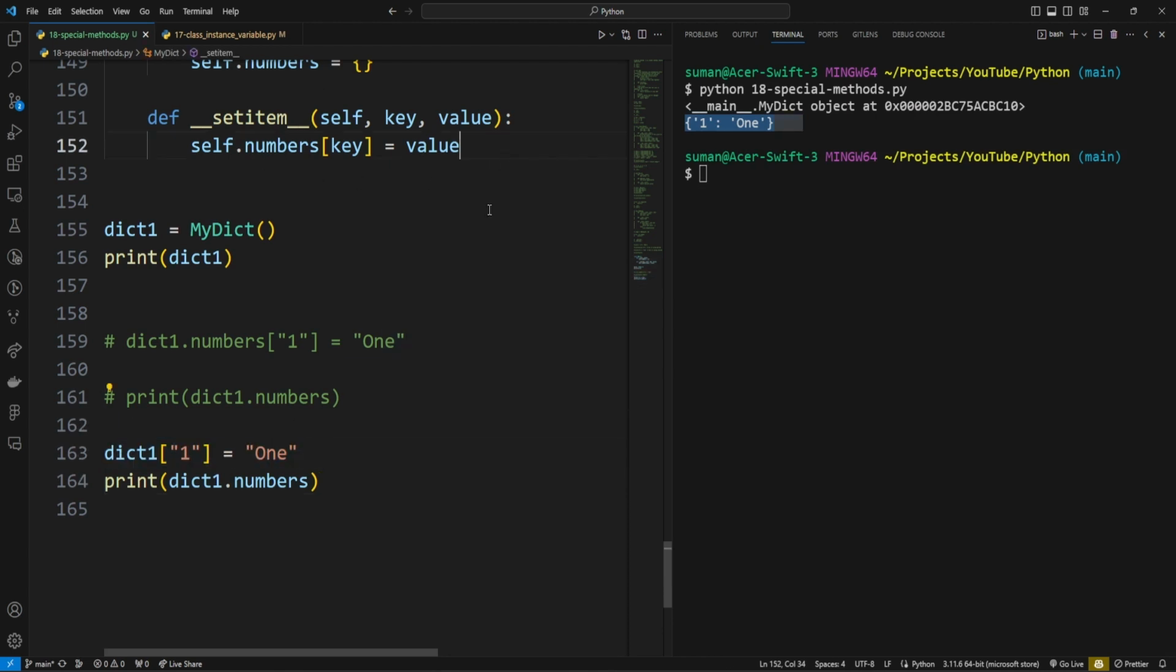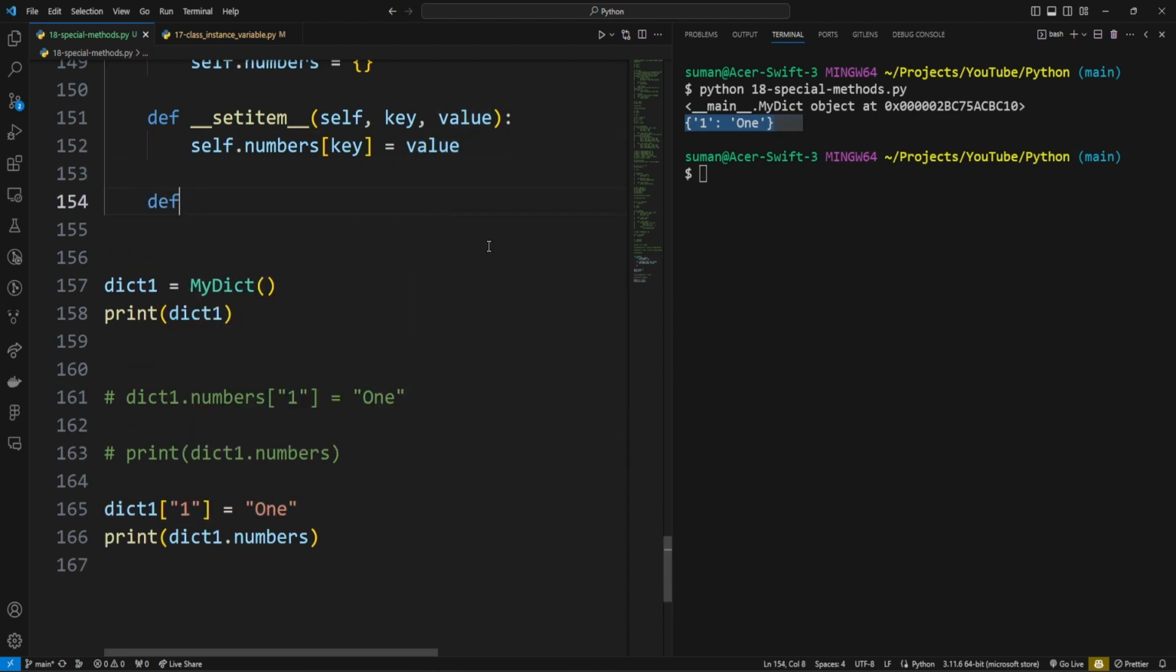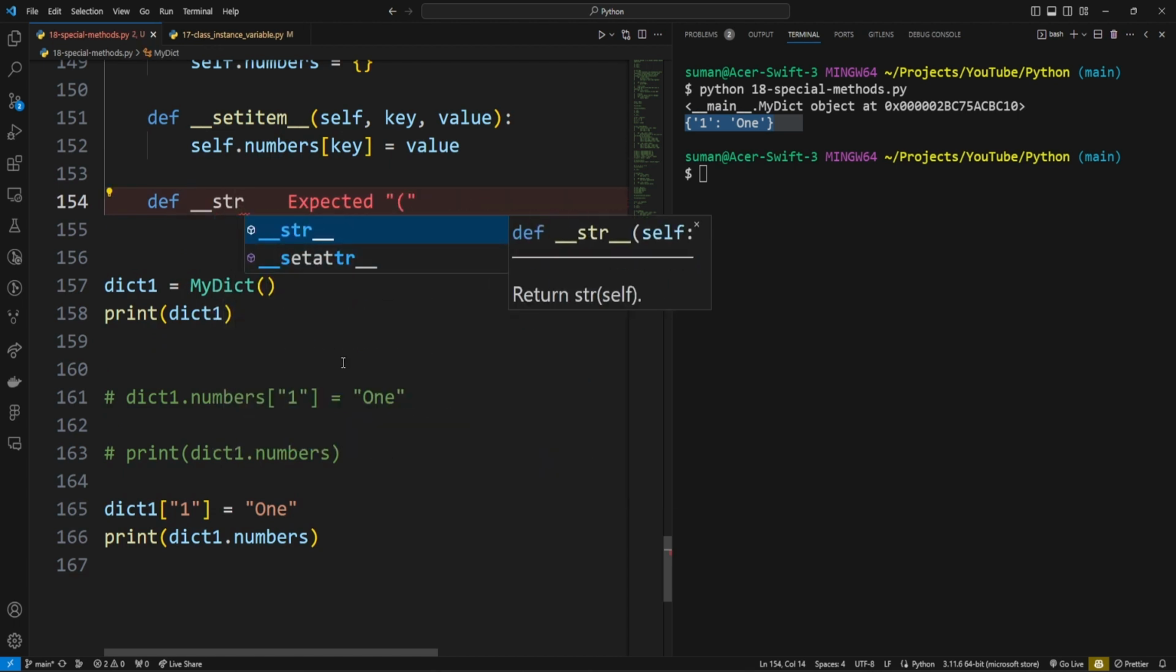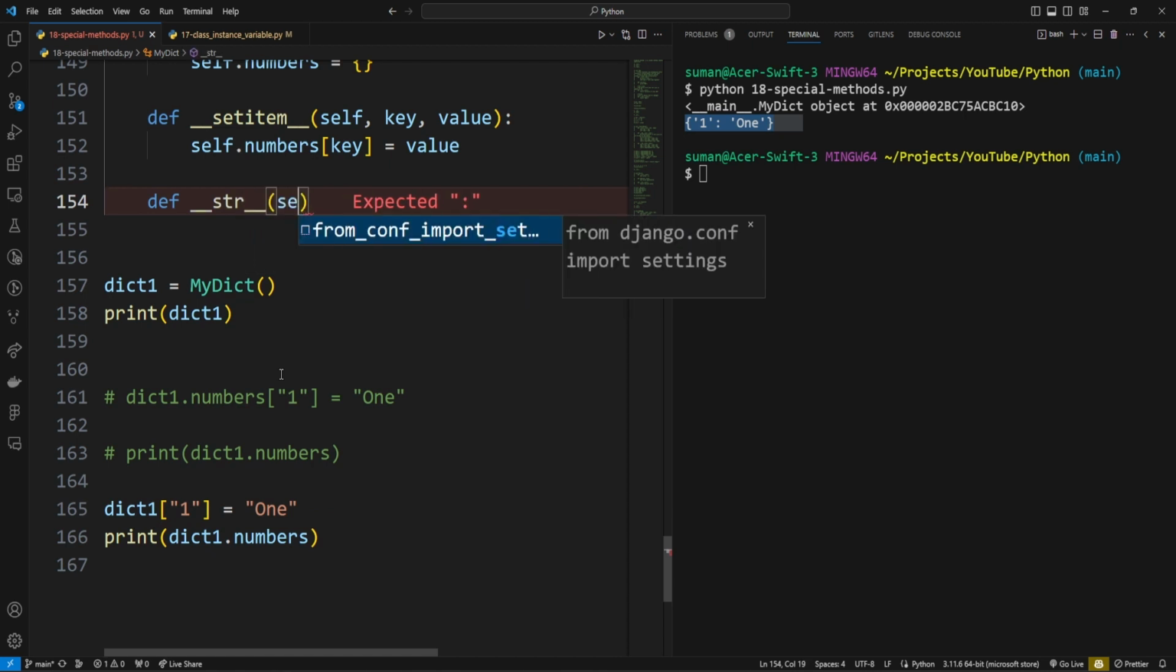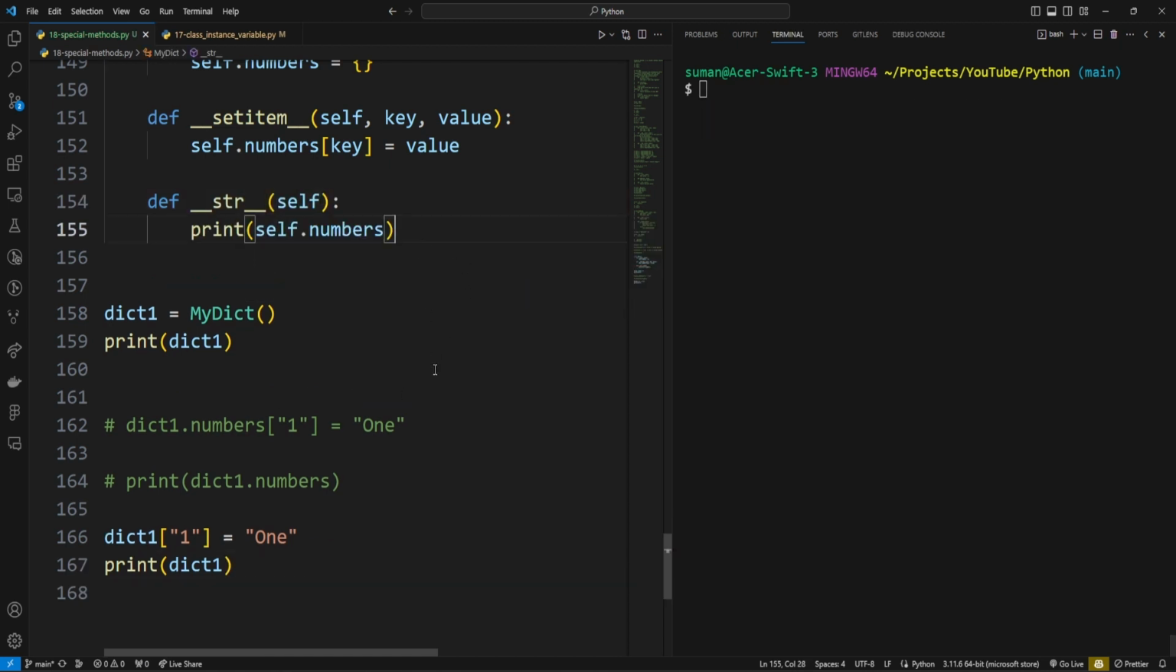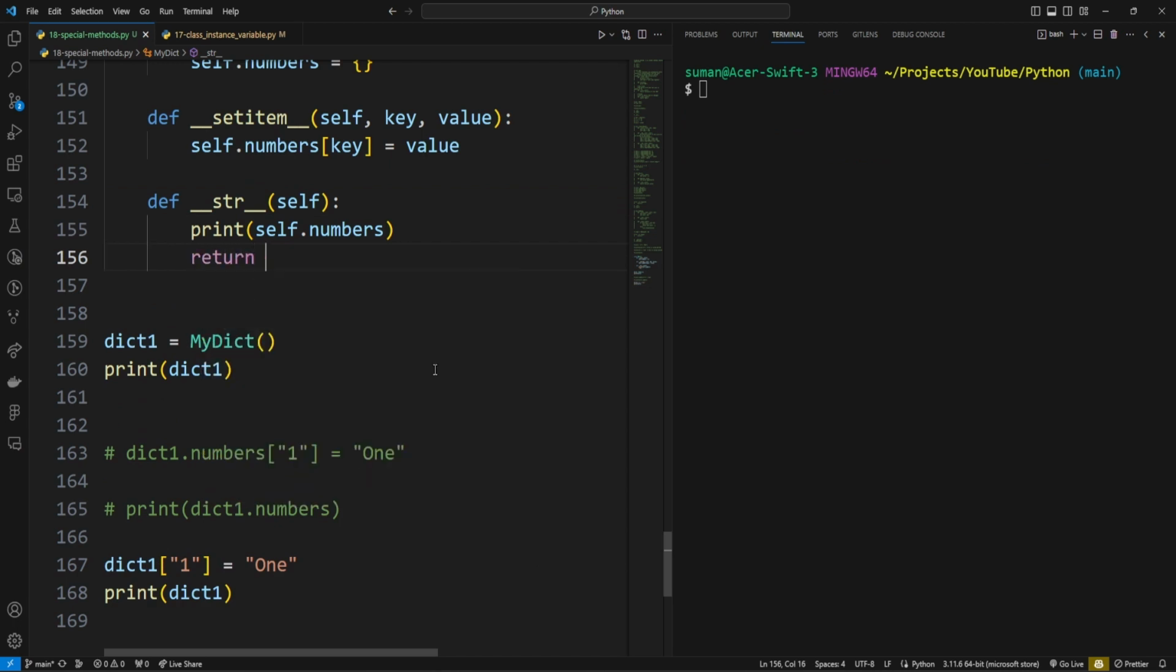Let's do one thing. Let's create one function, the str function, so that we don't have to write dictionary1.numbers. We can just print it and it will print everything. So self, and return it from here also. We'll return self.number, so not print it, because if you print it, it will print 2 times. So we'll just return it, and we'll print it here. Now if you run this,